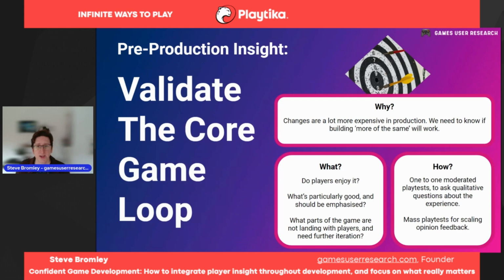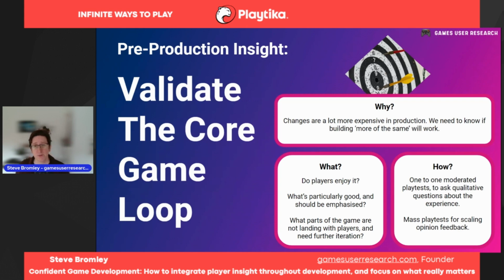Now, one tip or one thing to be aware of when you're doing this is a lot of what you're trying to get from this stage is going to be opinion data, players saying what they like or what they don't like. And opinions are extremely subjective and can be tricky to handle because, unlike usability issues, for example, where there's objectively a problem and we need to act on it, a lot of opinion feedback needs to go through a further interpretation from you and your design team about players. Is what players are telling us actually the experience we want to make, and so that's okay, or do we need to make changes?